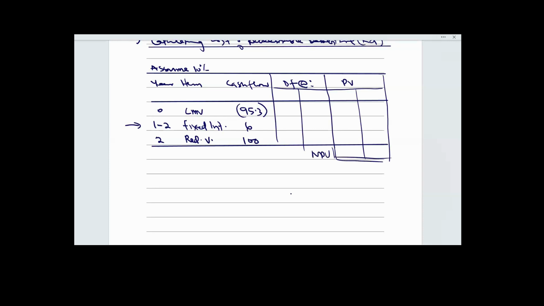NPV. Now, look up. Pay attention to what I'm about to say. Now, here is 10%. Discount factor for year 0 at 10% is 1. 1 multiplied by 95.3 will give us 95.3. Now, when you look at the interest, the fixed interest of 6 naira, you need to go back to